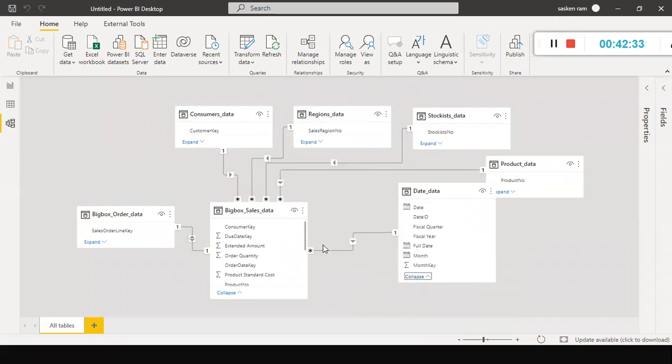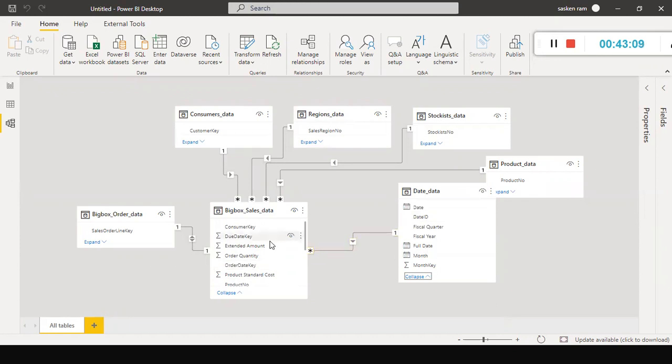Look here. Which columns do we use to link these two tables? On the right side, date ID, we used it to link with, on the left side, order date key. Supposing I have a due date key column, and apart from this, I have ship date keys also. Three different date key columns are there. If I want to find out the total sales, sum of sales by order date, then this relationship is valid.